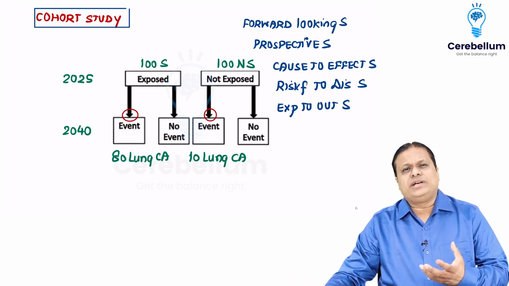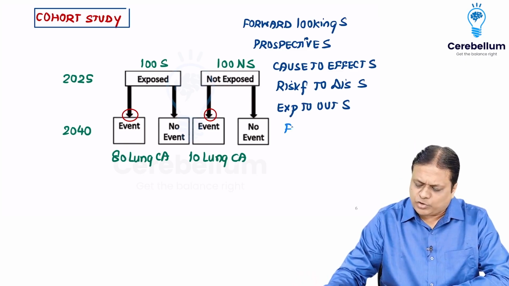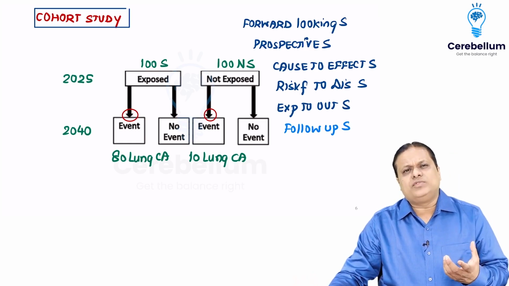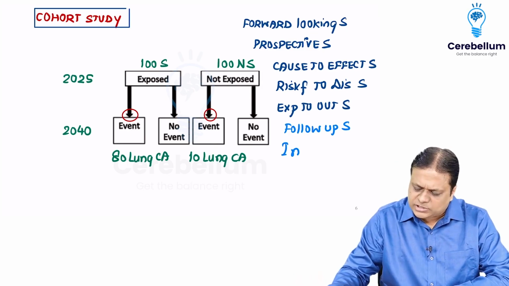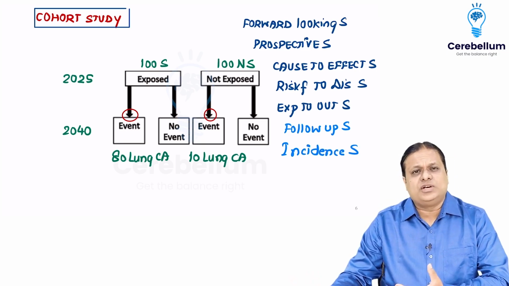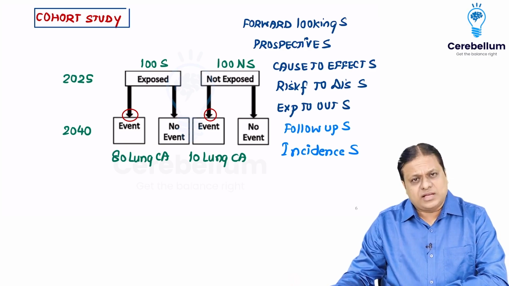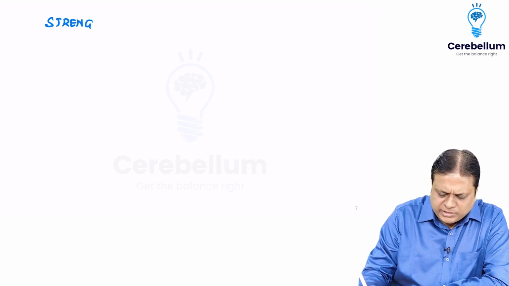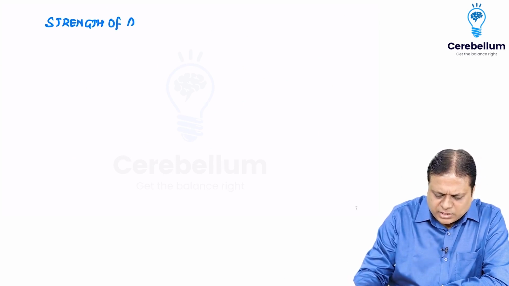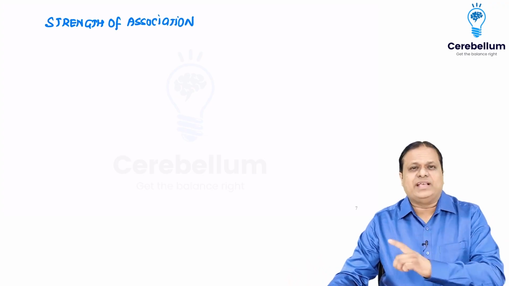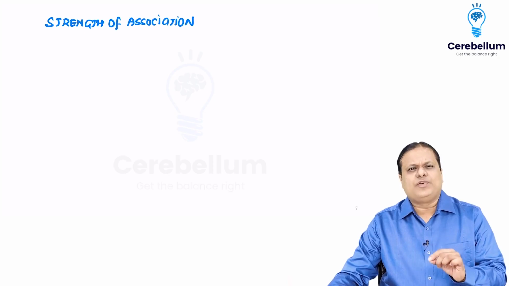Because we are going in a forward direction every year, we do a follow-up of all these study subjects. So this is a follow-up study, and every year, because we get number of new cases, cohort study is also known as incidence study. Now doing a cohort study is not just sufficient, you have to calculate your results. Results are calculated by the strength of association. So what is the strength of association? How strongly smoking and lung cancer are associated with each other. How do we calculate? As discussed in main videos and mission videos, strength of association we can calculate